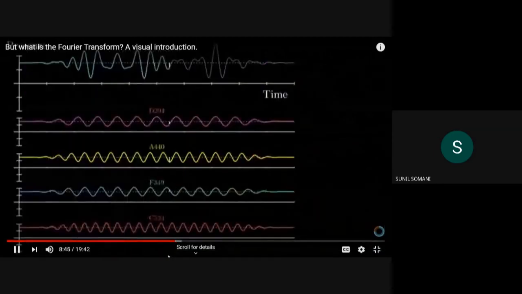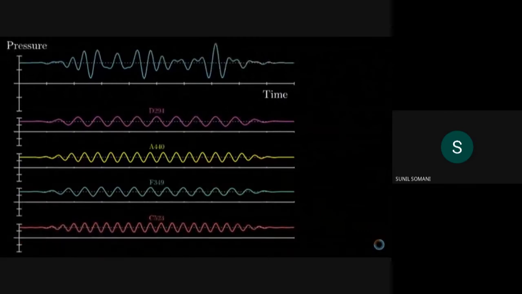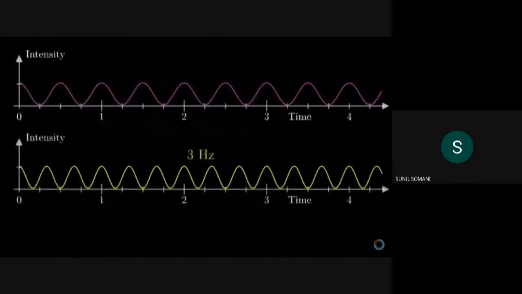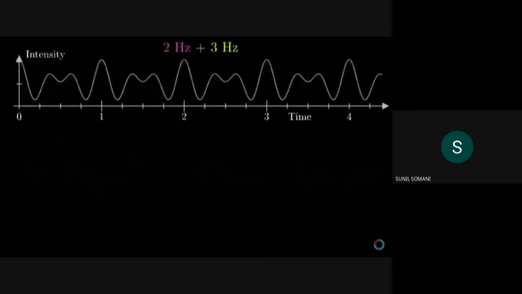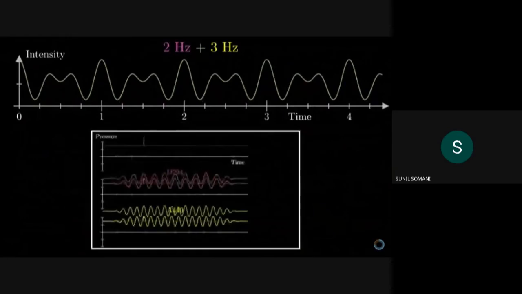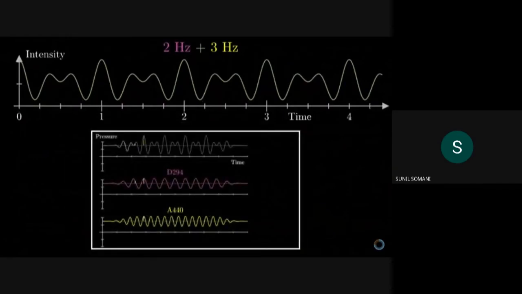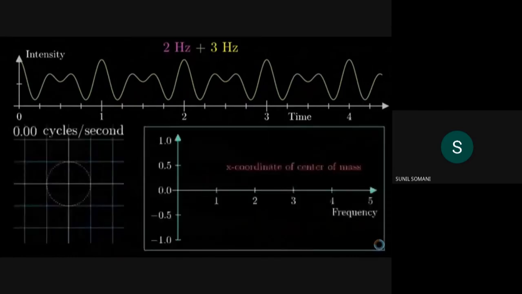a signal consisting of multiple frequencies and pick out what they are. Imagine taking the two signals we just looked at, the wave with 3 beats per second and the wave with 2 beats per second, and add them up. Like I said earlier, what you get is no longer a nice pure cosine wave, it's something a little more complicated. But imagine throwing this into our winding frequency machine.